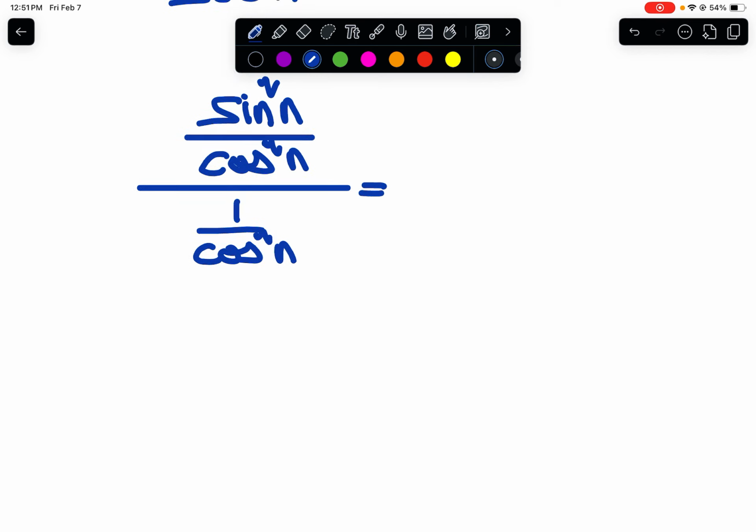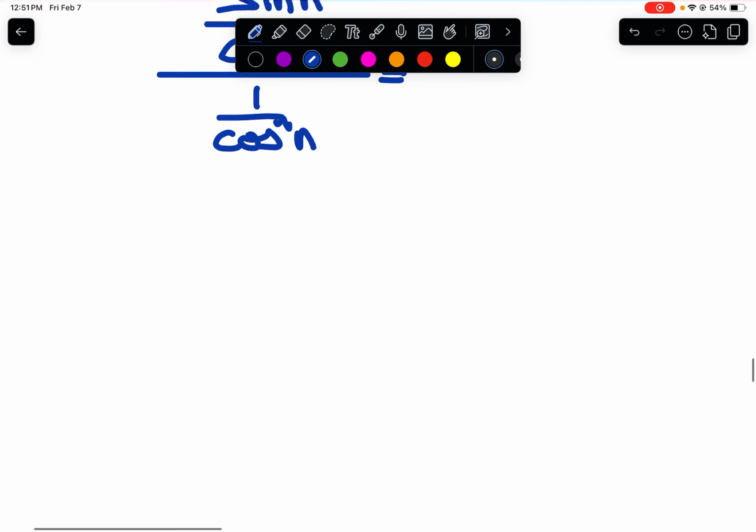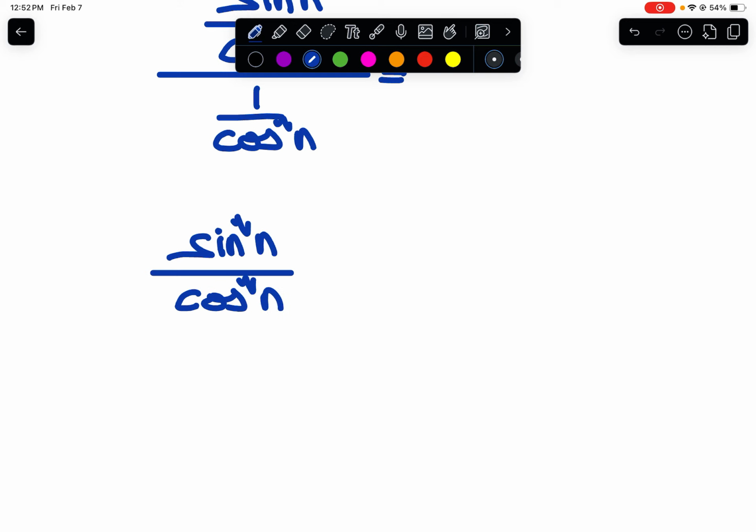Okay, so tangent squared n is going to turn into sine squared n over cosine squared n. And then that's going to be all over secant squared n, which is the same as 1 over cosine squared n. Okay, so the next thing, I'm dividing by a fraction, so I'm going to multiply by the reciprocal. So I'm going to have sine squared n over cosine squared n times cosine squared n over